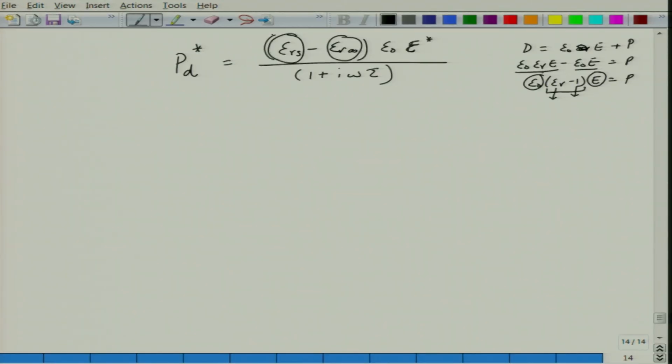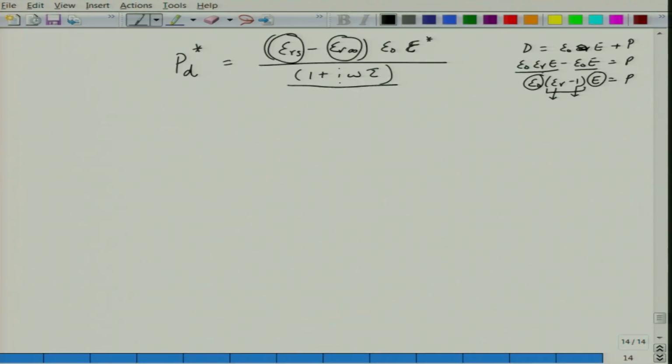One is the high frequency contribution, another is the low frequency or nearly zero frequency contribution. Difference between the two is the dipolar part. So, here we are not looking at the total polarization, we are only looking at the dipolar contribution. Additionally, what we have in the denominator is a term which is the frequency dependent term. So, if you make omega equal to 0, this becomes basically 1, alright. So, it becomes similar to what we have seen earlier. So, there is nothing too magical here, it is just that now we have done frequency dependent analysis.